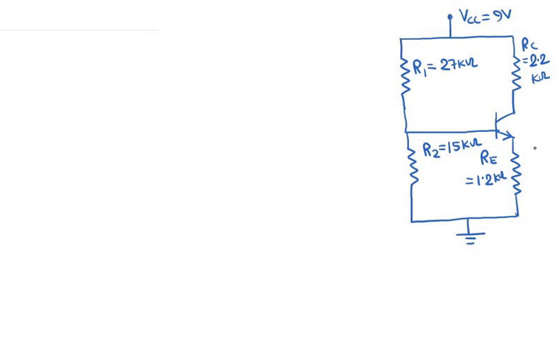CE is an open circuit. We had this capacitor CE over here, but it acts as an open circuit at DC frequency, so we are not putting it in the DC or biasing circuit. These parts are important for the DC analysis of the base current and the collector current. This is a voltage divider biasing circuit, and we know that this circuit can be simplified as follows.